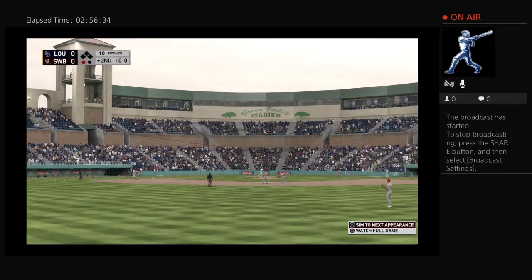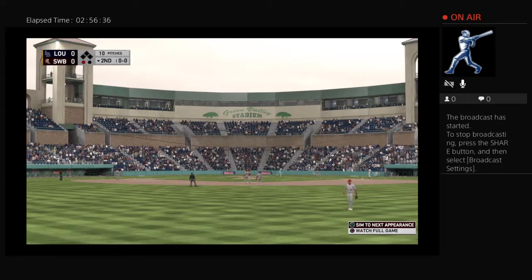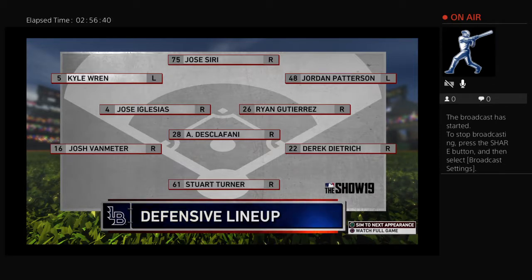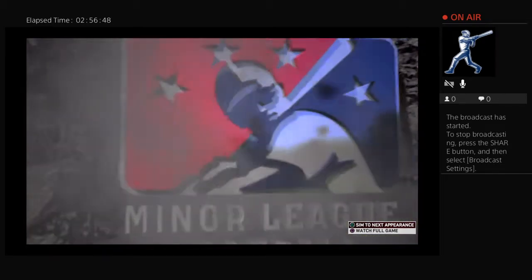Time for a look at the defensive alignment for the visitors. And let's focus our attention on one of the most dynamic defenders in our sport, and that's shortstop Jose Iglesias. I want to tell one of our camera guys, do not take your lens off this guy, because he is going to make...